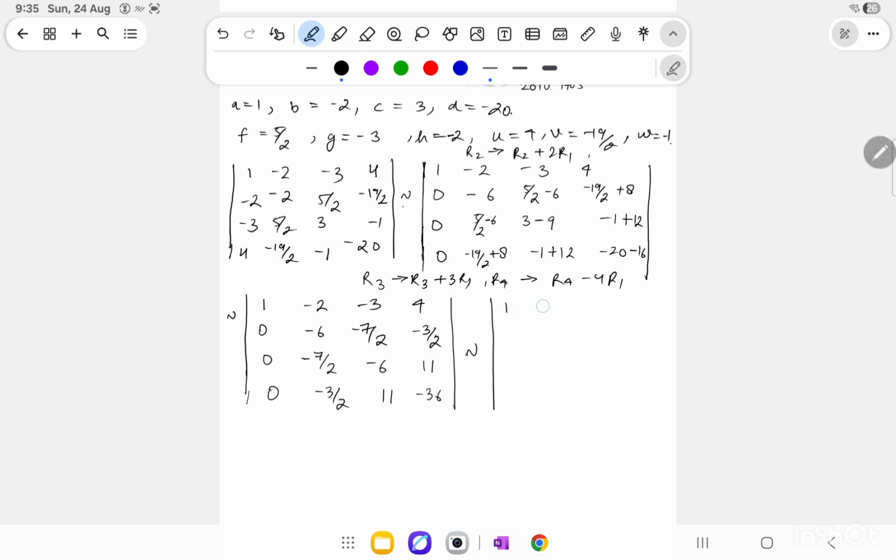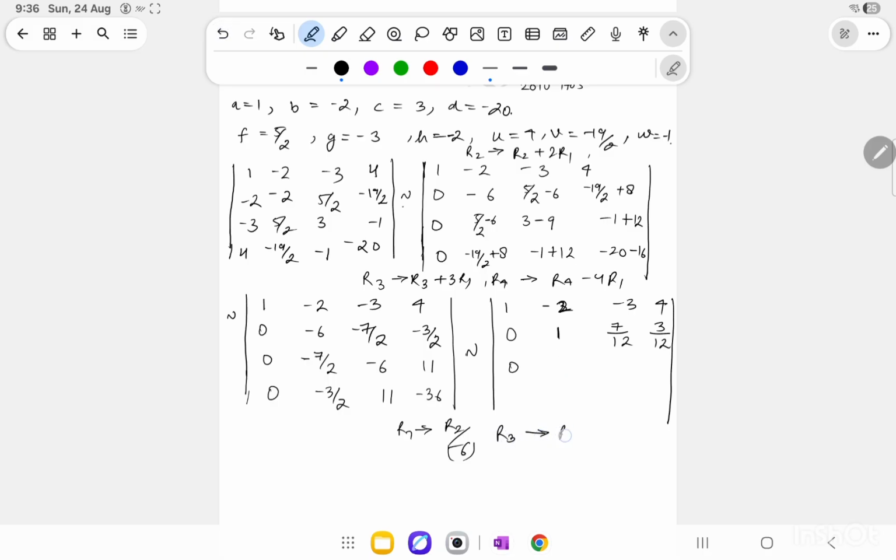1, minus 2, minus 3, 4. I am using R2 as R2 divided by minus 6, so that is basically 0, 1, 7 by 12 and 3 by 12, and here 0, minus 7 by. Now further I am using